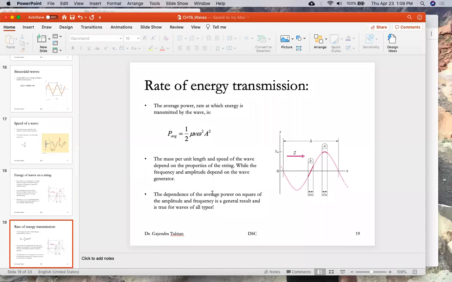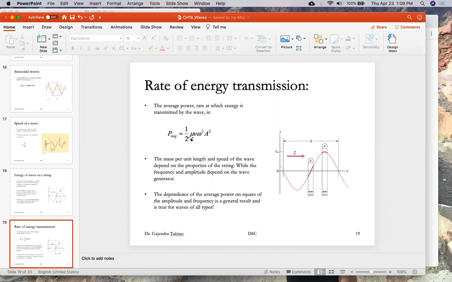All right. So the rate of energy transmission. What we're interested in is, we'll stand at a location. As this wave travels, we are interested in how much energy is being transported per second. And that is the power, the rate of energy transfer. So the average power transmitted down the string is 1/2 mu v